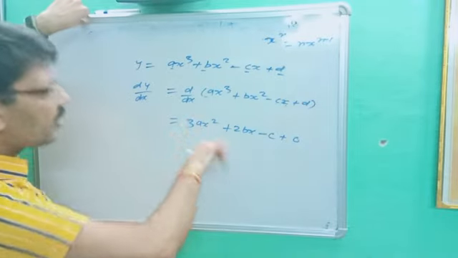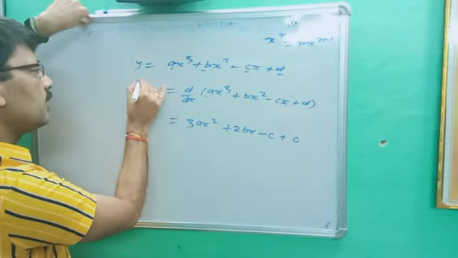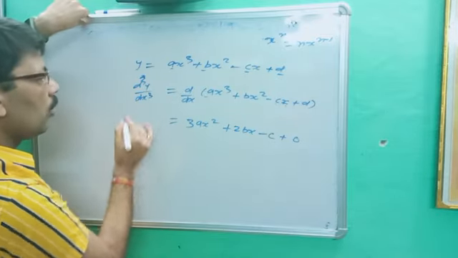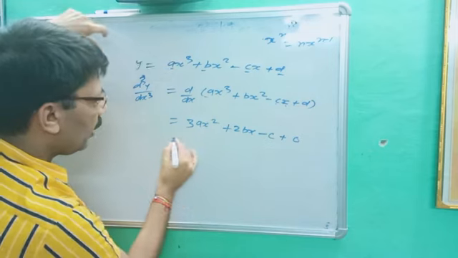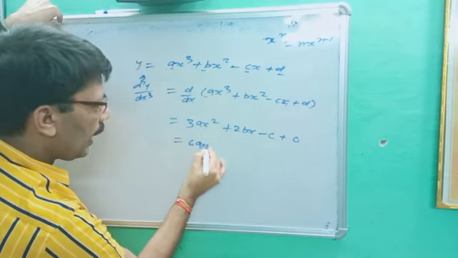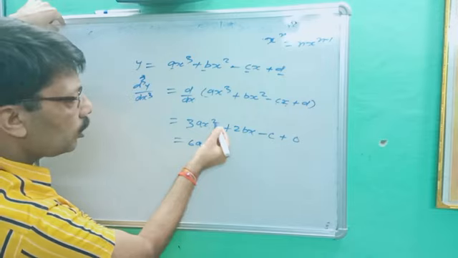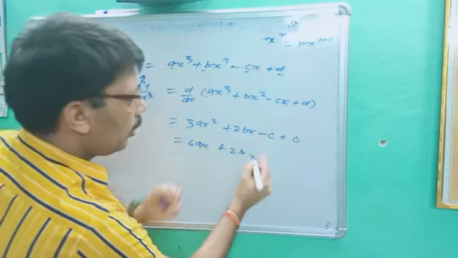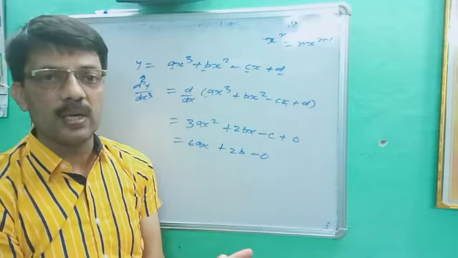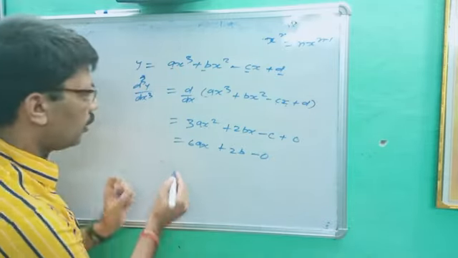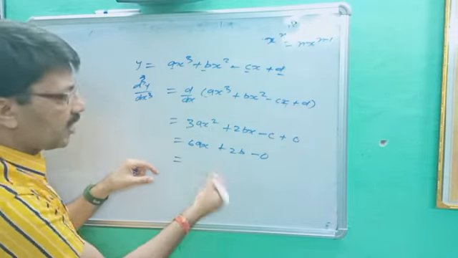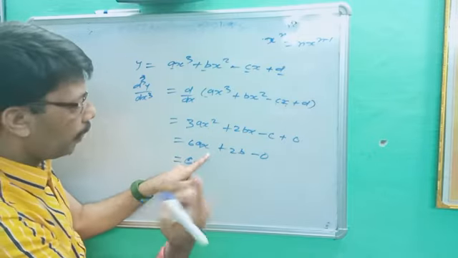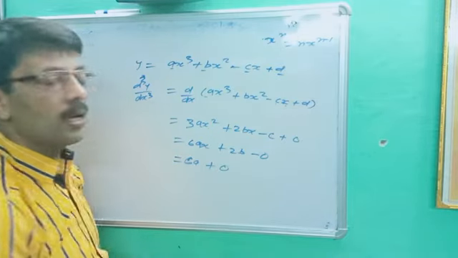Let's suppose I ask you to differentiate it again, one more time, or three times. That was the first differentiation. The second time you will get 6ax, since 2 times 3 is 6, ax with 2 minus 1 equal to 1, plus 2b times d upon dx of x, which is 1, minus c, which becomes 0 because c remains constant. Again, if I ask you to differentiate one more time, it becomes 6a, since the differentiation of x is 1, plus 2b, which is constant, so its differentiation becomes 0.